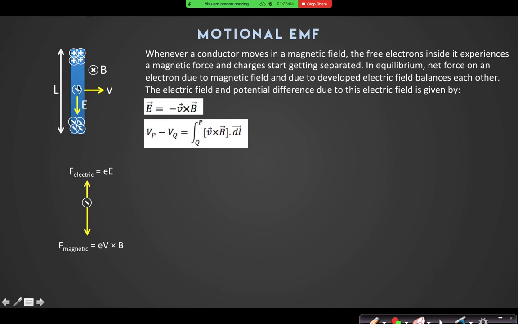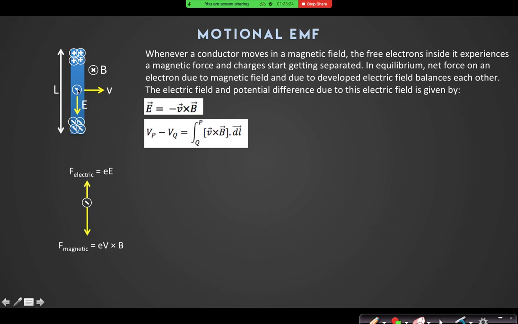Right? Already we have seen that. I have told you that whenever some conducting part is moving inside the magnetic field, then only you can apply an induced electric field or current, right? When we were changing the area, I said that. Why did I say that? The reason behind it is this motional EMF.